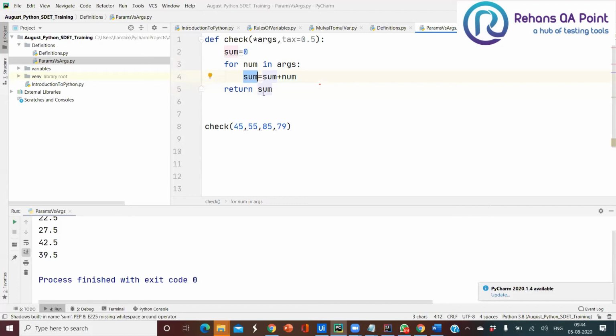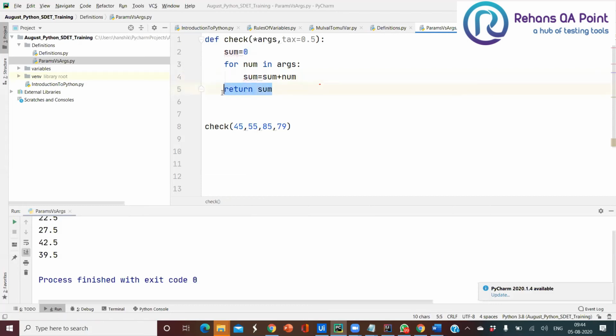Now I need to send back this total calculated amount. Then I may want to see if any discounts are available, or do some other thing. So this sum value I need to send back to the user. To send back the output from the method, I should use the keyword return.